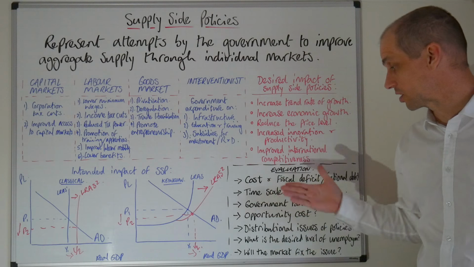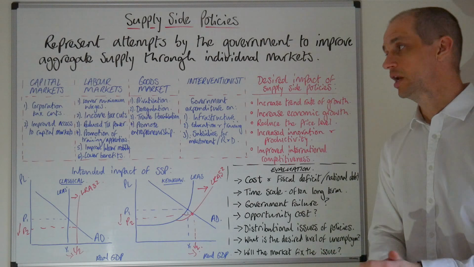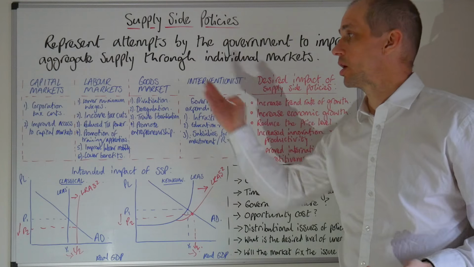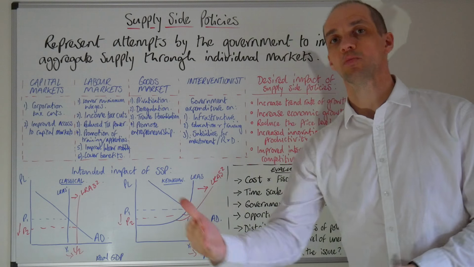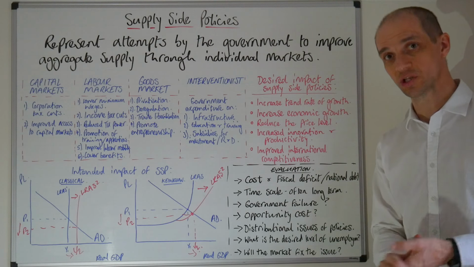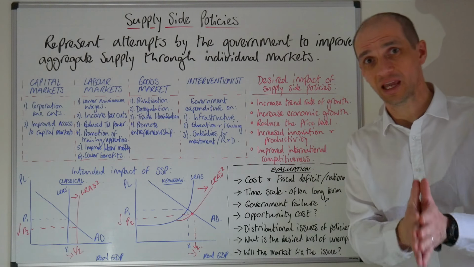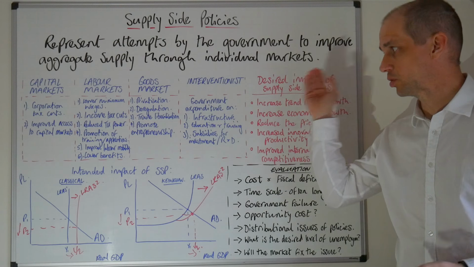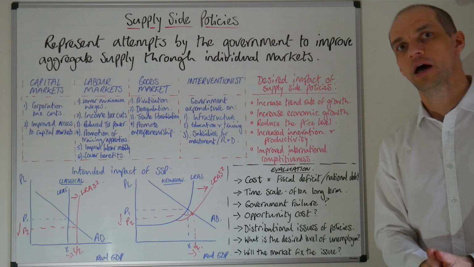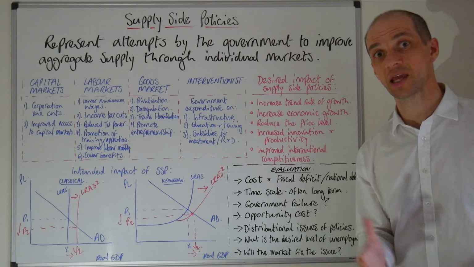Is there a chance of government failure here? So could the government actually make things worse in particular markets? Okay, so some certainly argue when it comes to privatisation that they've made the rail industry worse. Okay, but yeah, it's a very contentious, very controversial issue. What about the opportunity cost? So if this money is being allocated towards education, towards spending on infrastructure, what was the next best alternative that has been foregone? And how did they actually determine why this project should get that money?